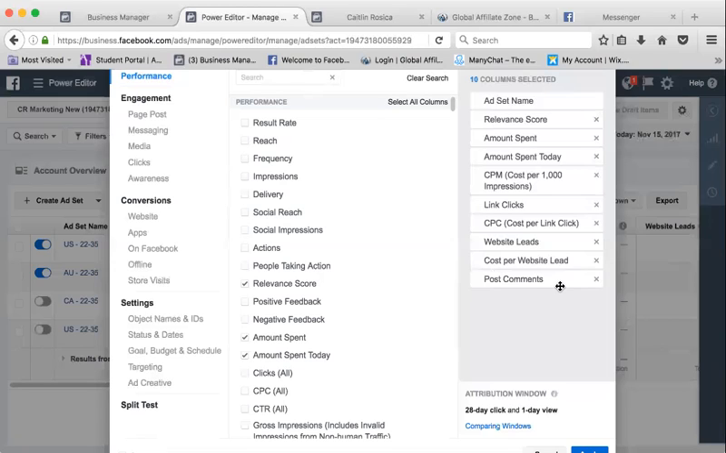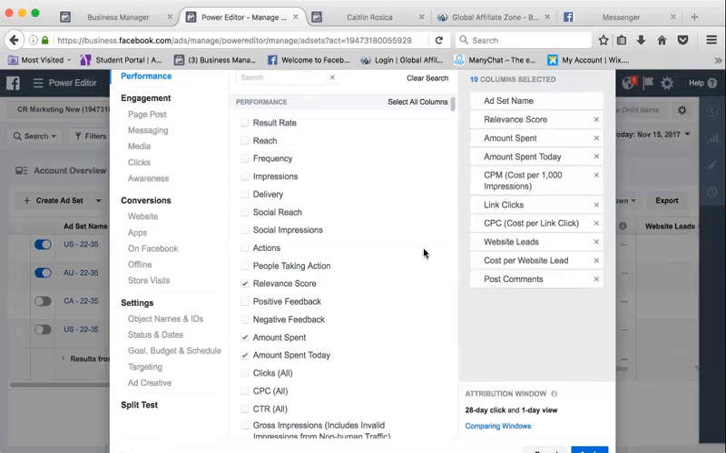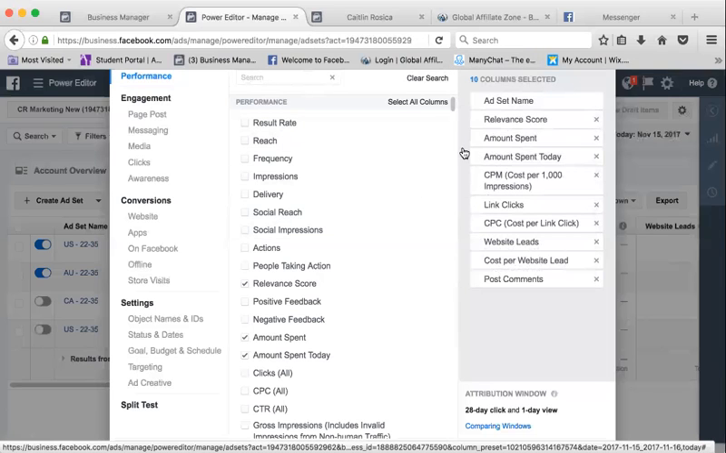So I added this one in here. This is my preference. So once you have all of these added, go ahead and do the search here. One other thing, when you are searching for the website lead and the cost per website lead option, my list